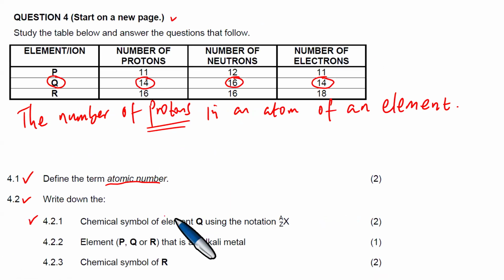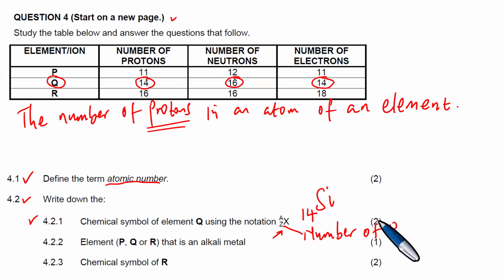Okay, so now let's write down the chemical symbol of element Q. We have seen that the element Q is silicon. We need to identify now the Z here, which is the number of protons, and the protons are 14. So the Z is the number of protons. The protons are how many? The protons are 14. And then now we continue to look for the number of the